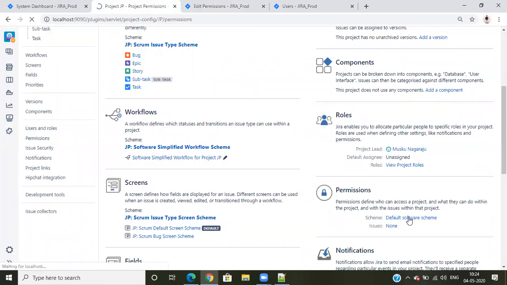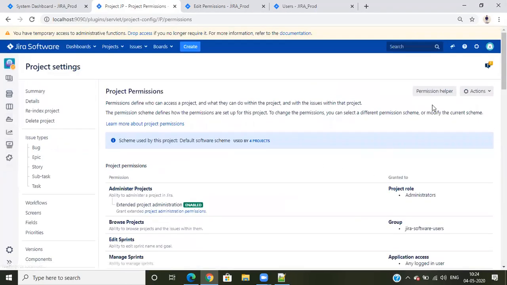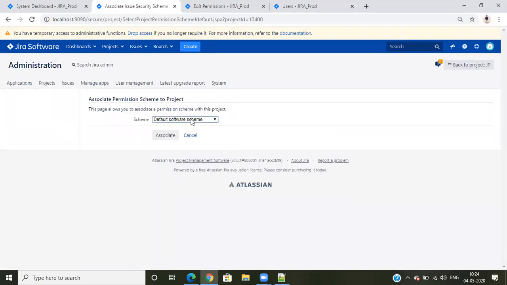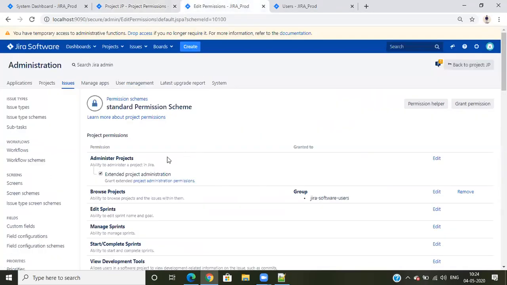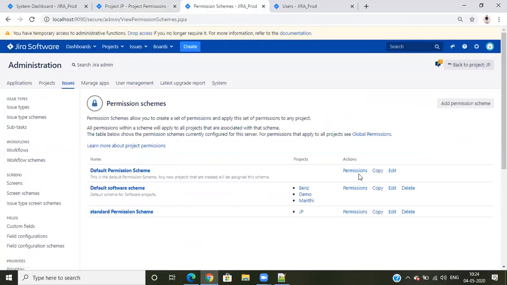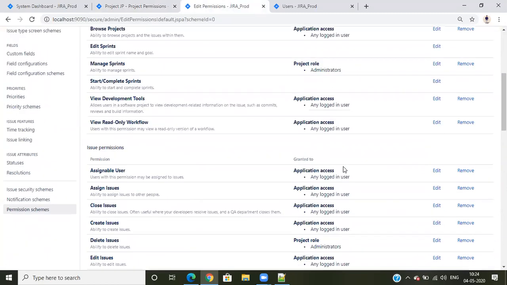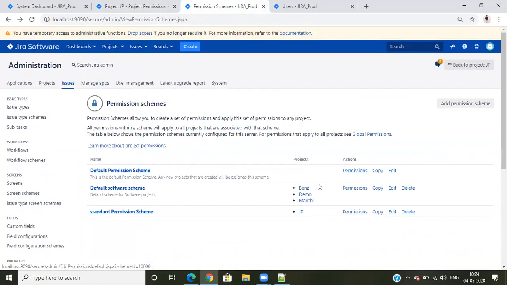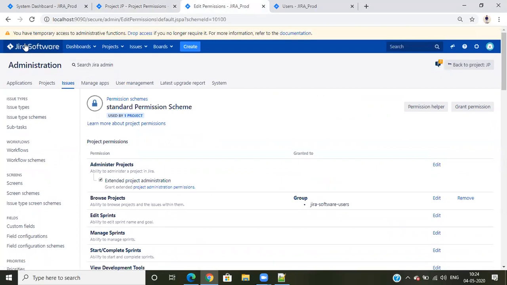Open projects, go to projects, use different scheme and select the standard one and associate it. One second. So this is the permission. So this permission scheme is now associated to one project, which is the JP project.